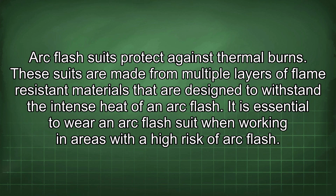Arc flash suits protect against thermal burns. These suits are made from multiple layers of flame-resistant materials that are designed to withstand the intense heat of an arc flash. It is essential to wear an arc flash suit when working in areas with a high risk of arc flash. 14thly,